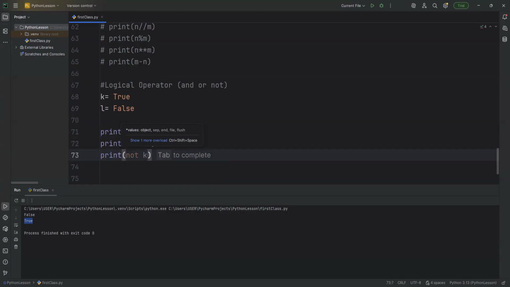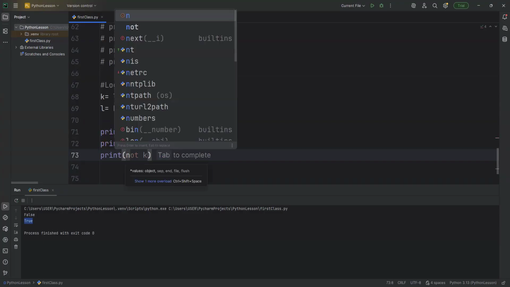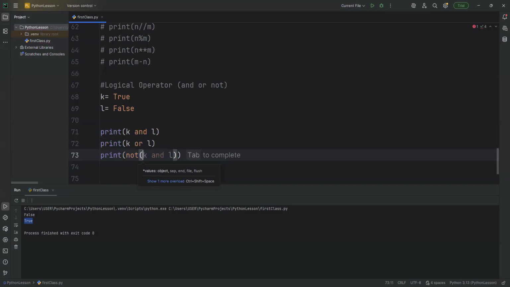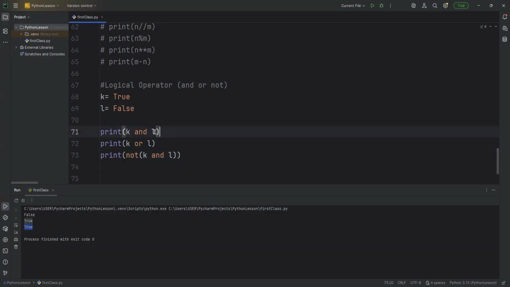Inside the print statement, I can just do, you can start with not. Can you see? Not K and L. Initially, K and L give me what? False. Let's see what this will give me if I run again. Don't you see this is giving me true? Why? It's because it's negating the result. Normally this should give me a false, but the not is going to negate it to give me